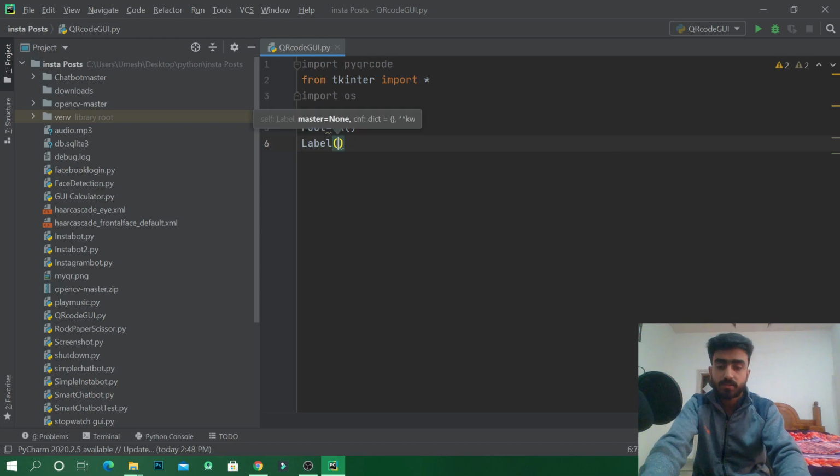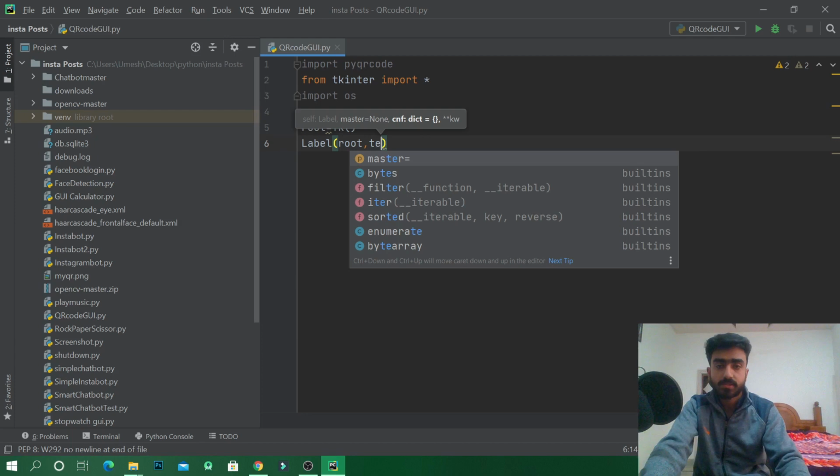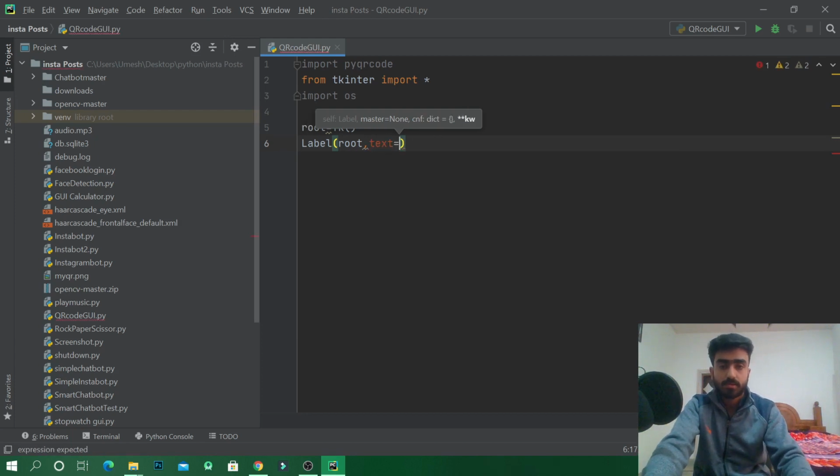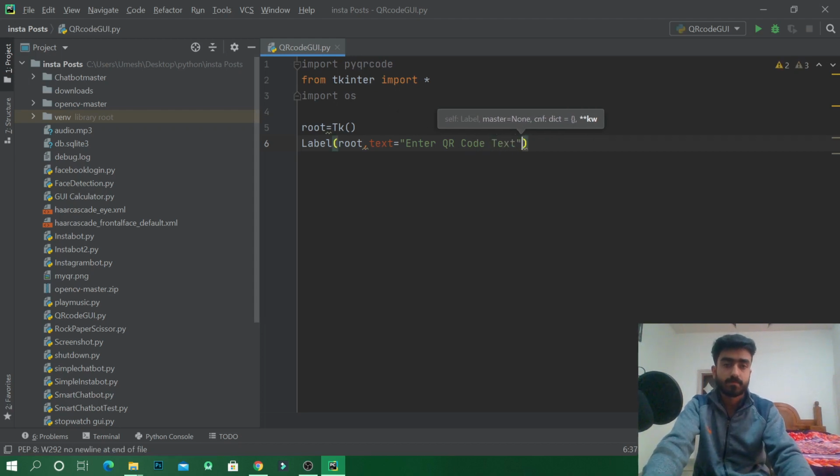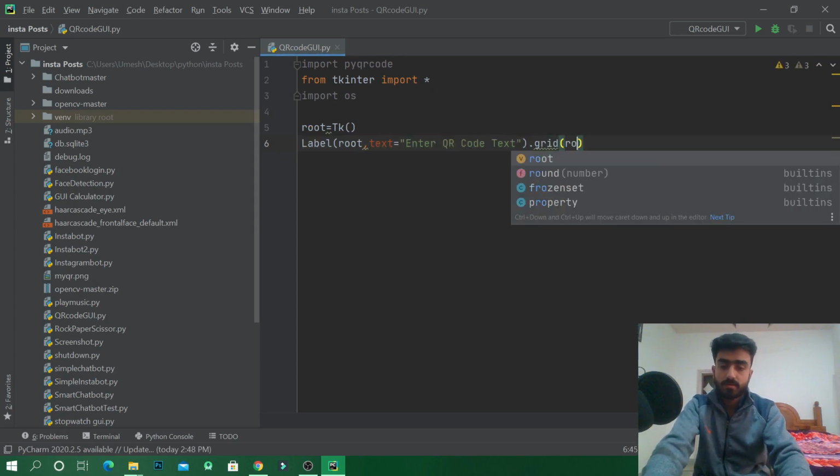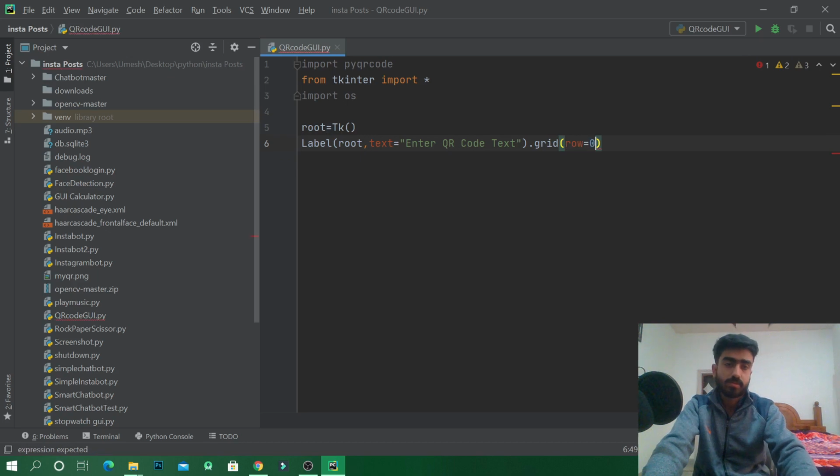Label will have the root and it has the text as enter QR code text. We'll place it in a grid at row 0 with padding at x equals to 20 pixels.